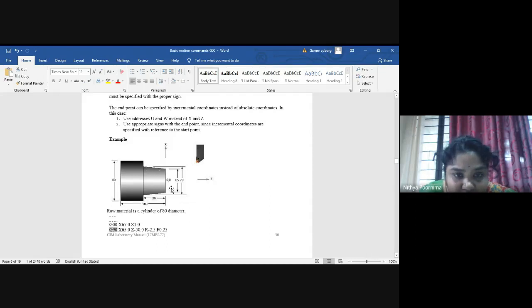So first you give the x coordinate distance. X coordinate distance is 65, z is 50. Now you have to calculate r. The starting diameter is 65 and the ending diameter is 70, so 70 minus 65 divided by 2 times L. R will be this radial distance.